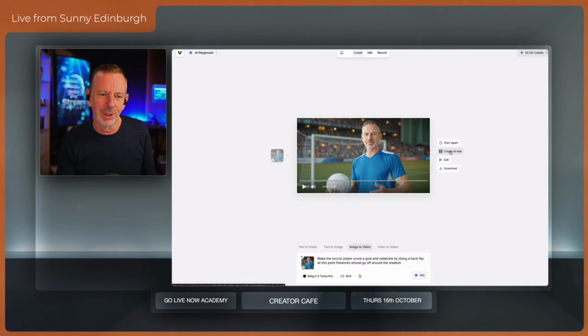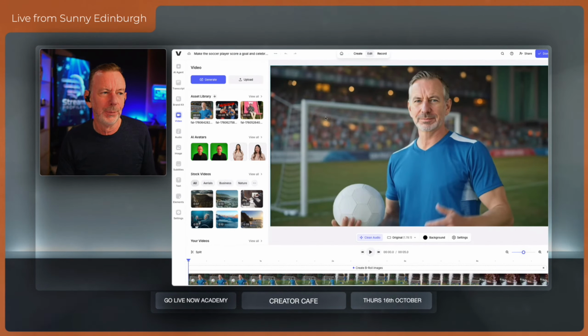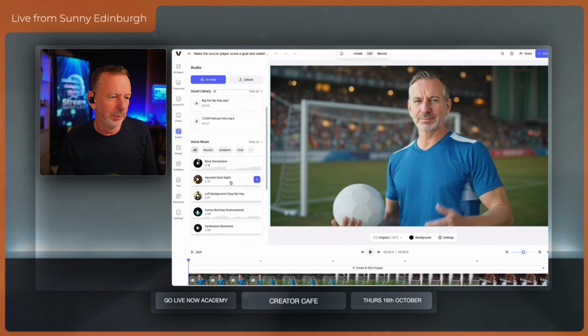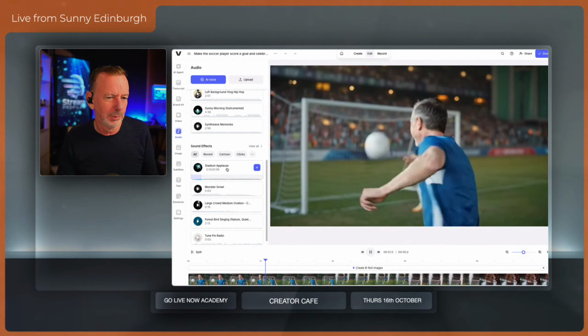What I would then do with this particular asset is edit it. If I click edit, it's going to go straight back into the Veed Studio, and I can then start adding in some sound effects and things like that. It hadn't got any sound effects at all, so let's do that. We'll add in some audio, and I'll choose to add in some stadium applause,